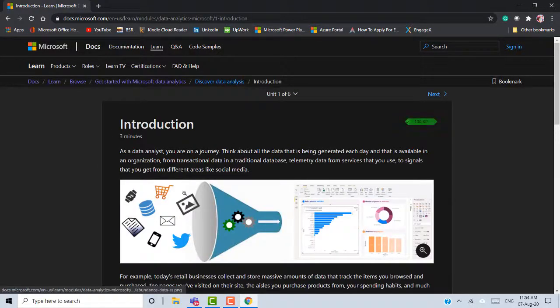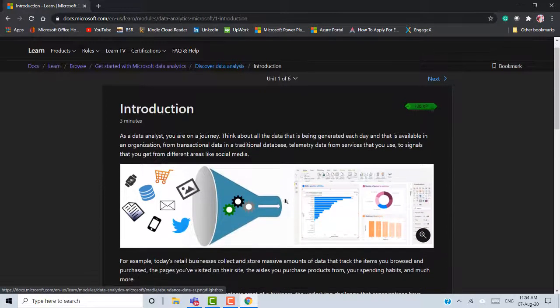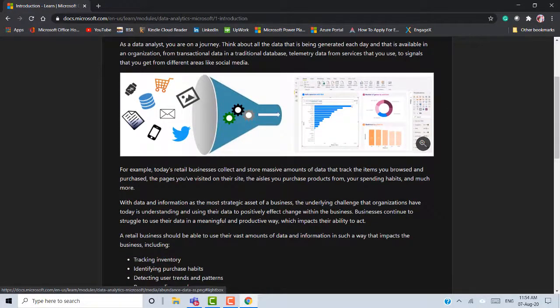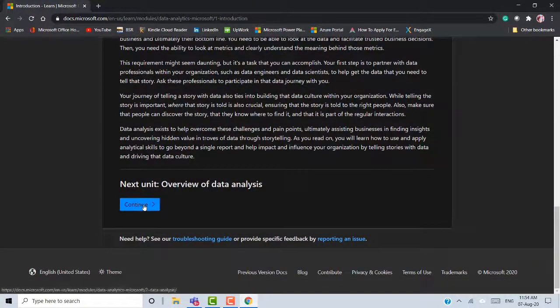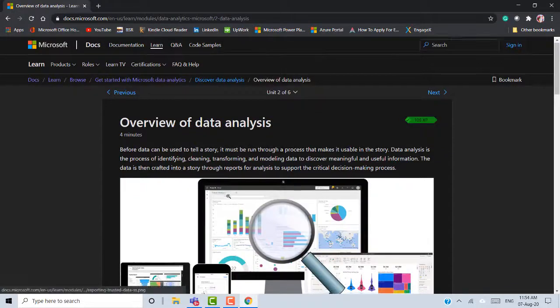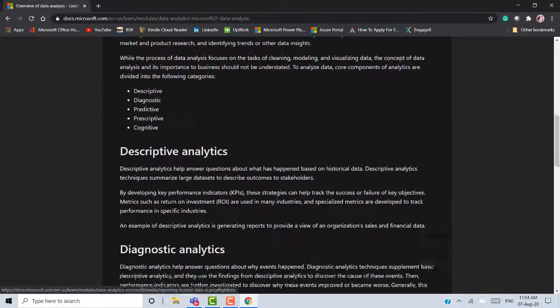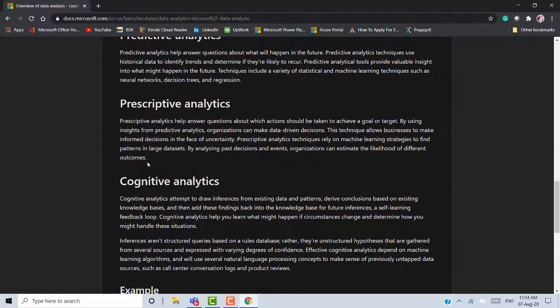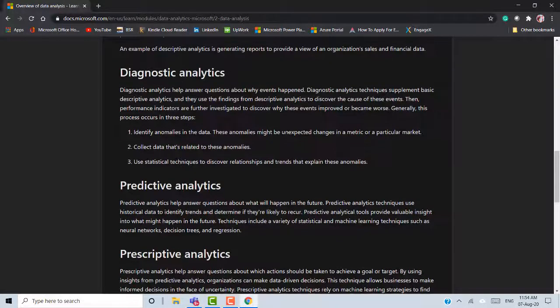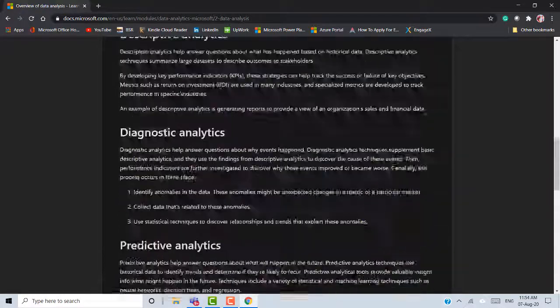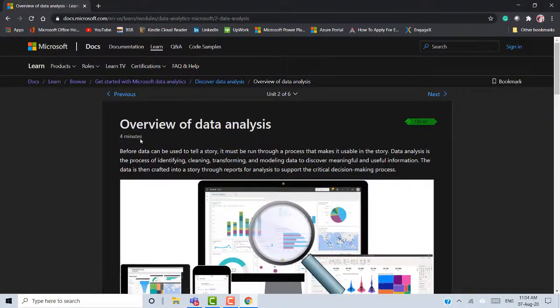So it always starts with a very good collection of videos, then pictures or images, then detailed discussion, then links for outside information also. So it's very interactive and very engaging. Okay, and in detail they have discussed all the concepts like types of analytics and all. Similarly for Power BI, for Azure, for Power Apps, for DevOps, everywhere they have tried to keep it as simple and as engaging as possible.